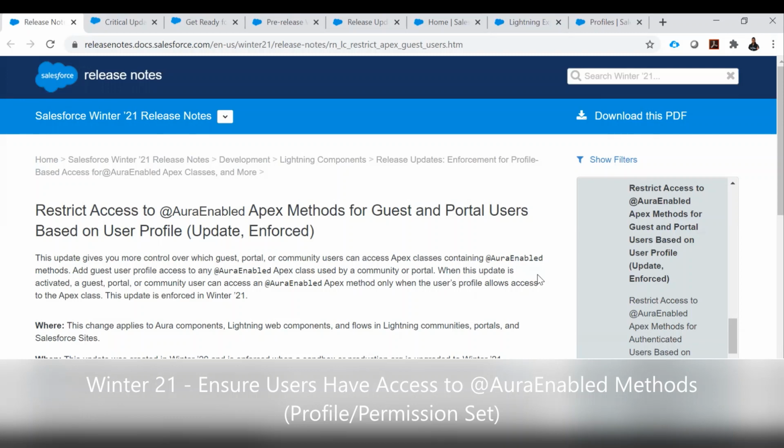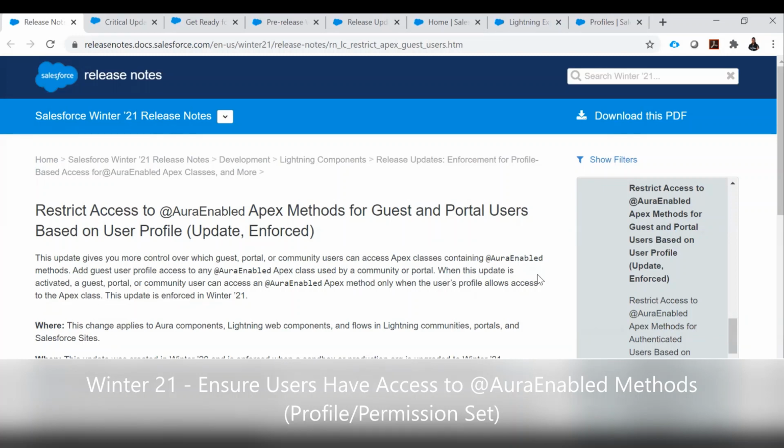So this update is automatically activated in this Winter 21 release. Currently, a user does not need the permission to access an Apex class containing an Aura enabled method. So following the secure by default approach, it's now added as a critical update so that a user can access an Aura enabled Apex method only when the user's profile allows access to the Apex class.